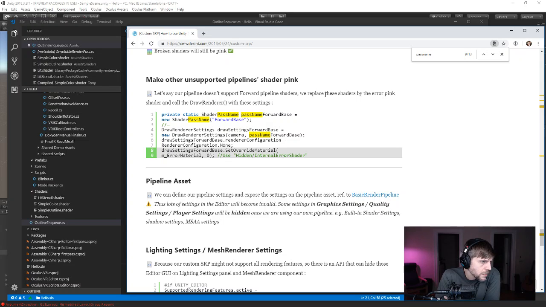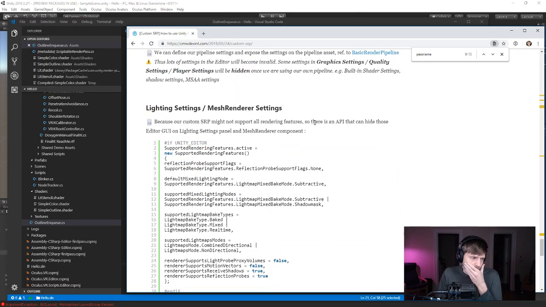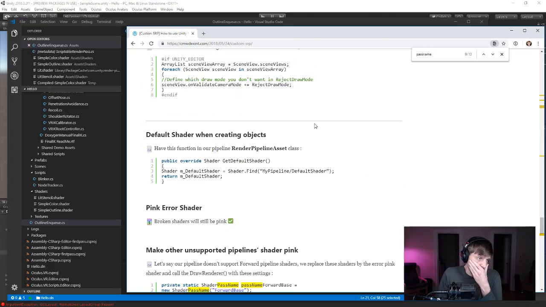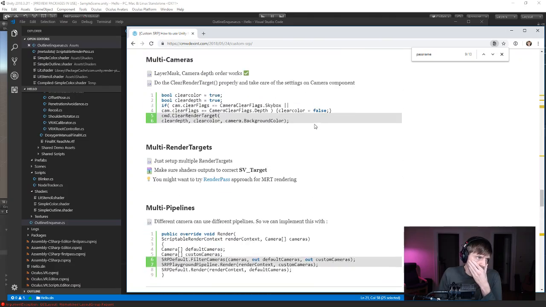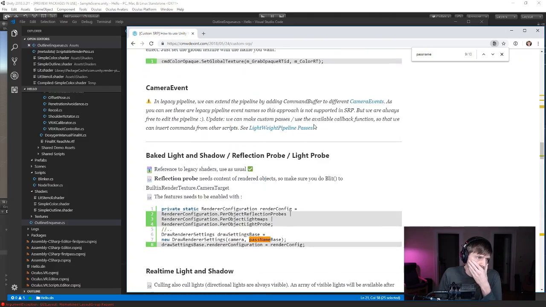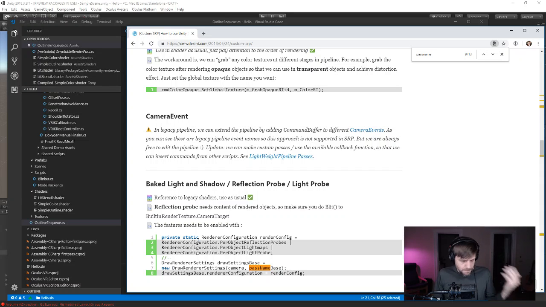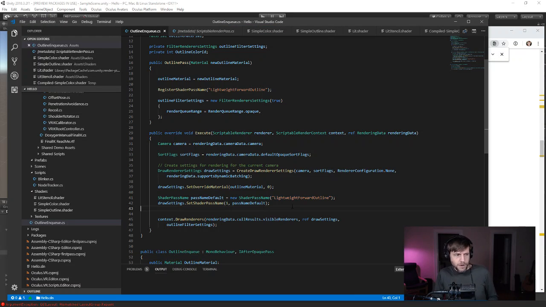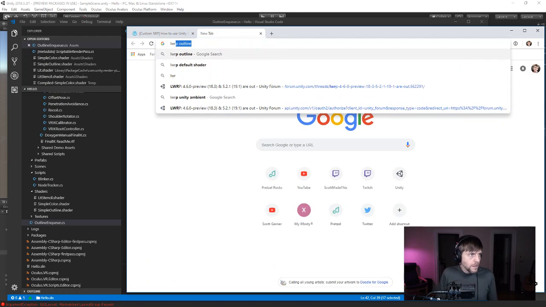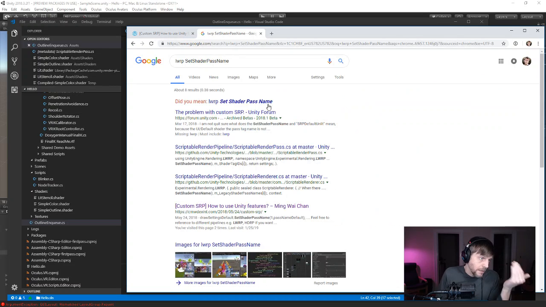So, shader pass name, render configuration. I feel like we're kind of close on this, but at least this seems semi-fruitful, right? If I was going to make up what this function should be called, I would probably call it set shader pass name. But maybe that only works with like